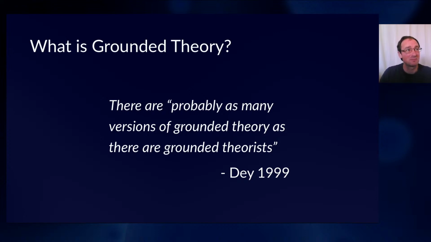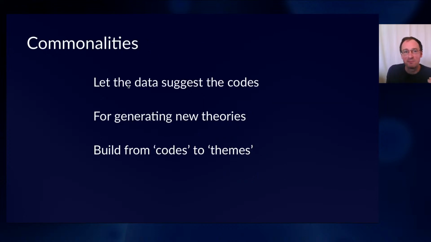It means that basically it's a very flexible approach, and lots of people mix and match different elements from different types of grounded theory to have something that works for the kind of research that they want to do, how they want to approach their epistemology, the kinds of data collection they want to do, the kind of theory generation they want to do. But there are commonalities throughout the approaches. The first one is that grounded theory is about letting the data suggest the codes in